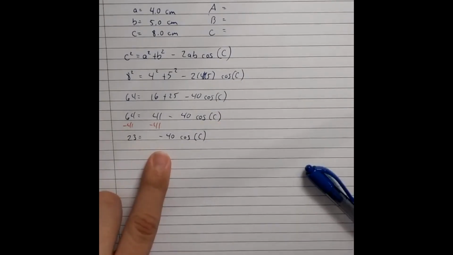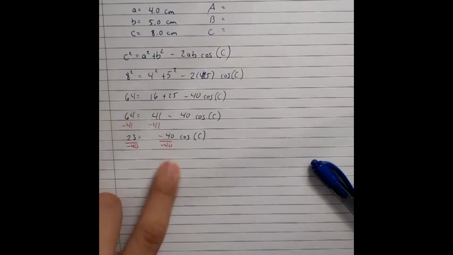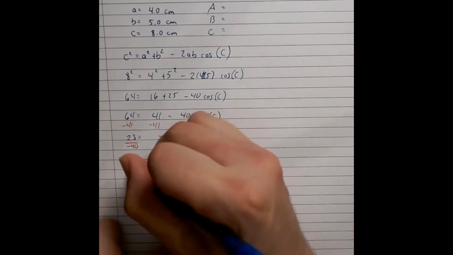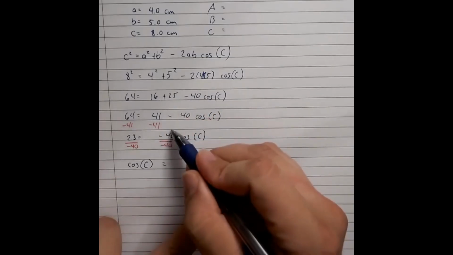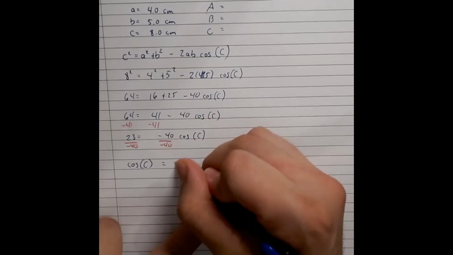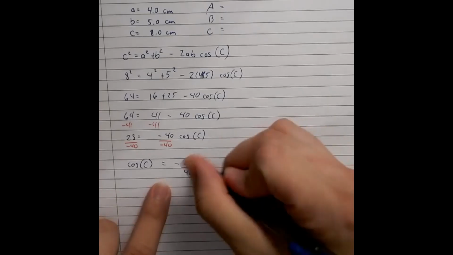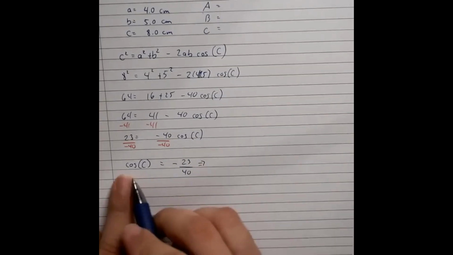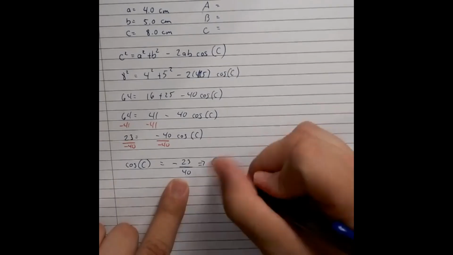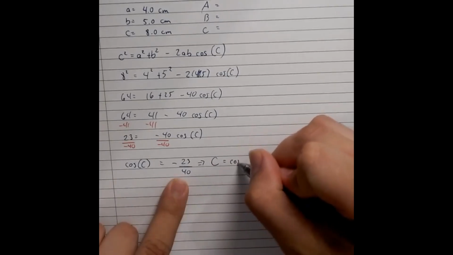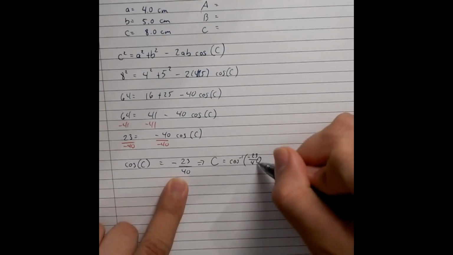Let me go ahead and divide both sides by negative 40. And that gives me that the cosine of C, now by itself, since these are gone, is going to give me negative 23 over 40. Oh, well then that must mean that if I take the inverse cosine of this side, I'll just get C. And if I take the inverse cosine of this side, let's see what happens. If I take the arc cosine of negative 23 over 40,